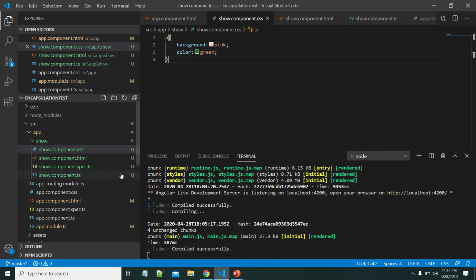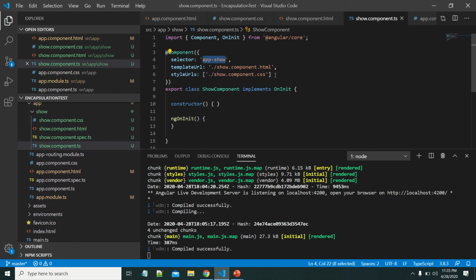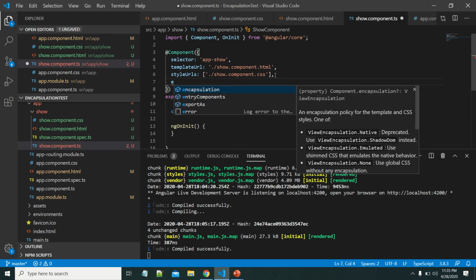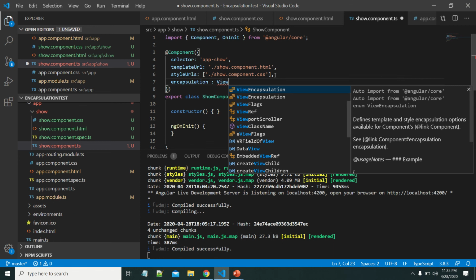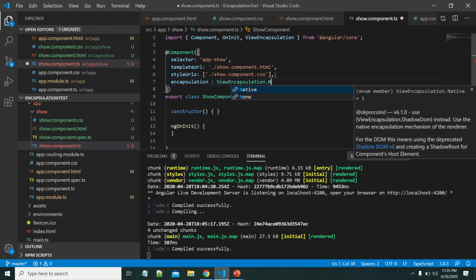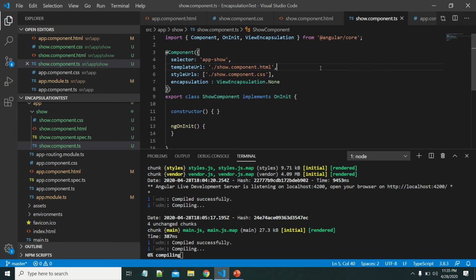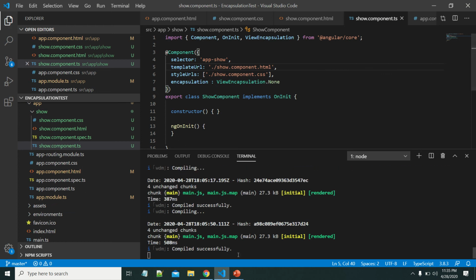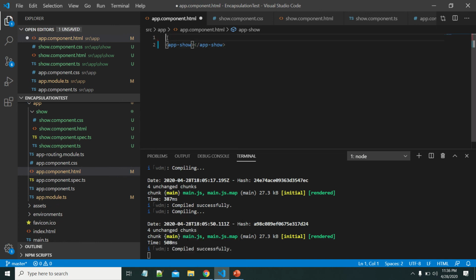Now let me change one property of this component: encapsulation, ViewEncapsulation.None. We will discuss why I made this change. Now here, suppose I have a p tag in the app component.